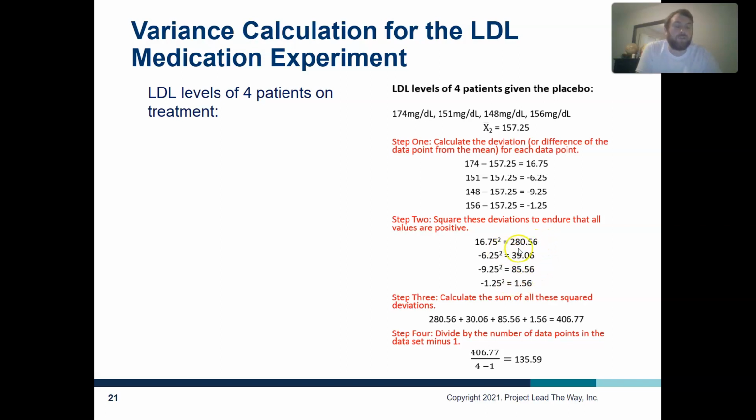Okay? So after squaring 16.75 to 280.56 and so on, you then calculate the sum by adding those squared numbers together. So it's going to end up being a pretty big number compared to the mean on top, and that's okay. Instead, we're going to divide by the number of data points minus 1. So that's 4 minus 1 is 3. 406.77 was the sum of all those numbers. Divide by 3 gives us 135.59. I invite you to pause the video and try to do this for the 4 patients that you have